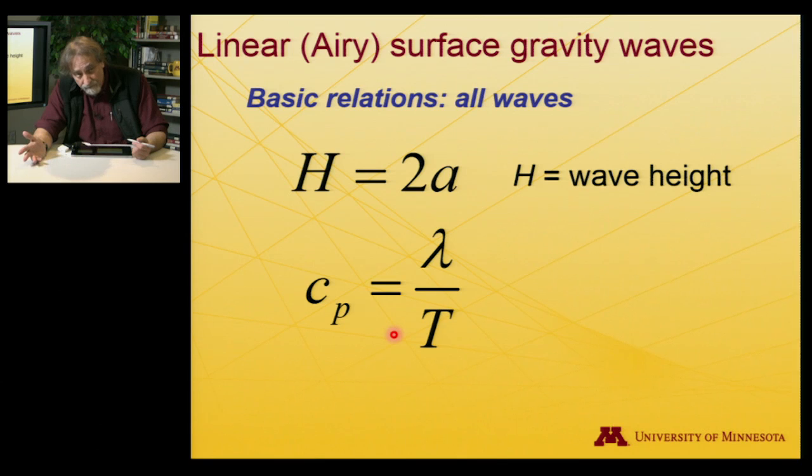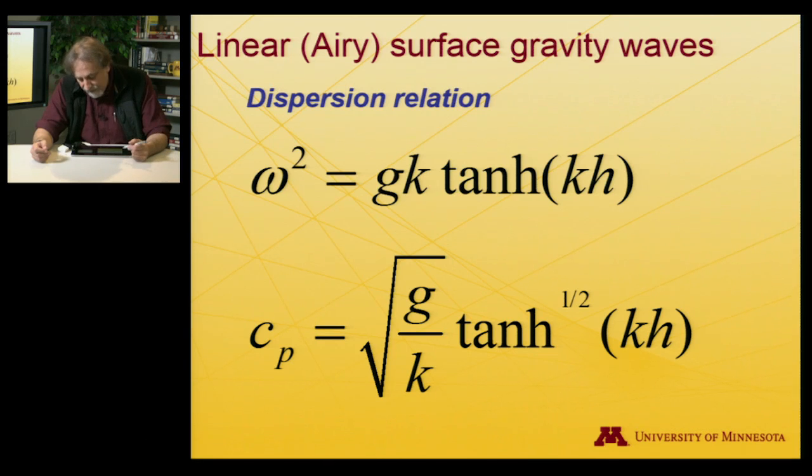So I think the easiest way to think about this is just that if you move a distance lambda at a speed c, the time it has to take, given the distance that you went and the speed that you went, is given by exactly this little bit of algebra. So it's just the basic relation between distance, time, and speed. Okay, well, you will be very disappointed to know that we don't have time to develop the so-called dispersion relation